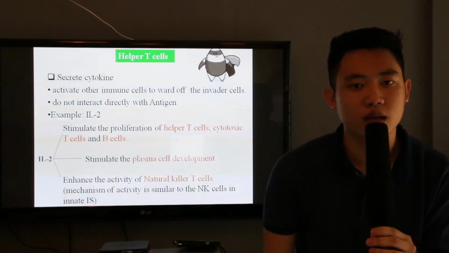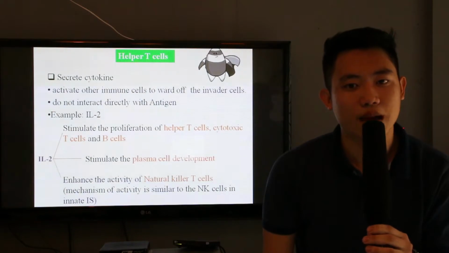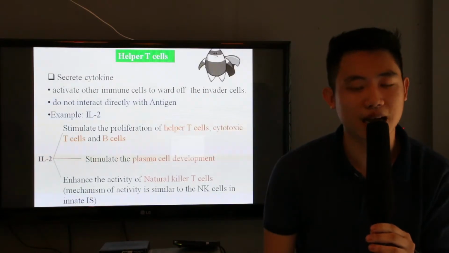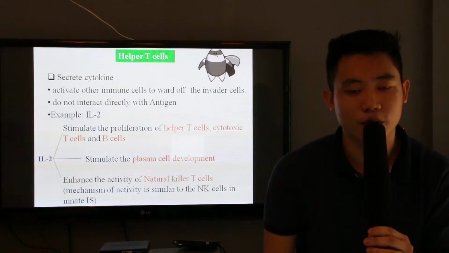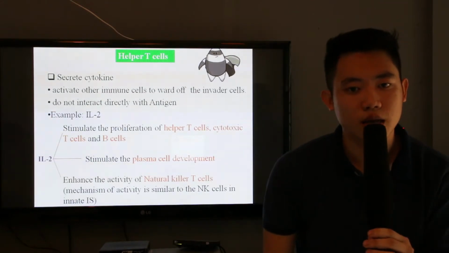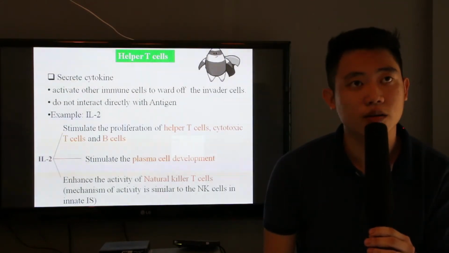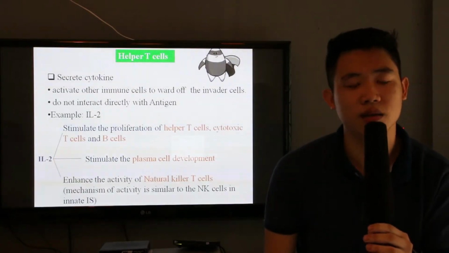It will stimulate the proliferation of helper T cells, cytotoxic T cells, and B cells. B cells will be differentiated into two kinds. The first is plasma cell and the second is B memory cell. Stimulating plasma cell development means producing more antibody to enhance the ability to resist pathogens, and